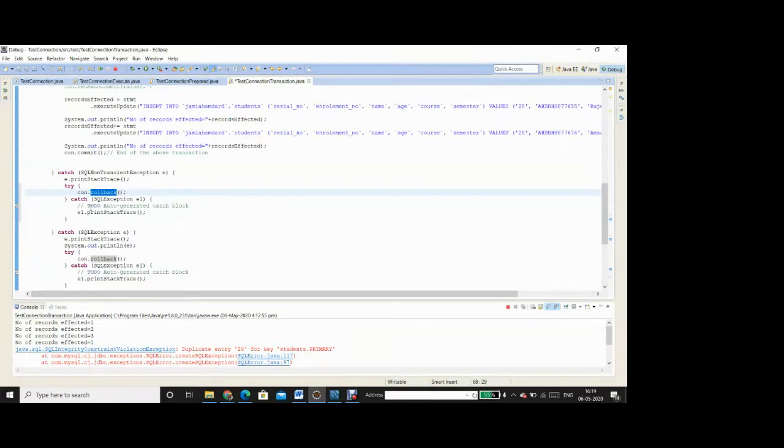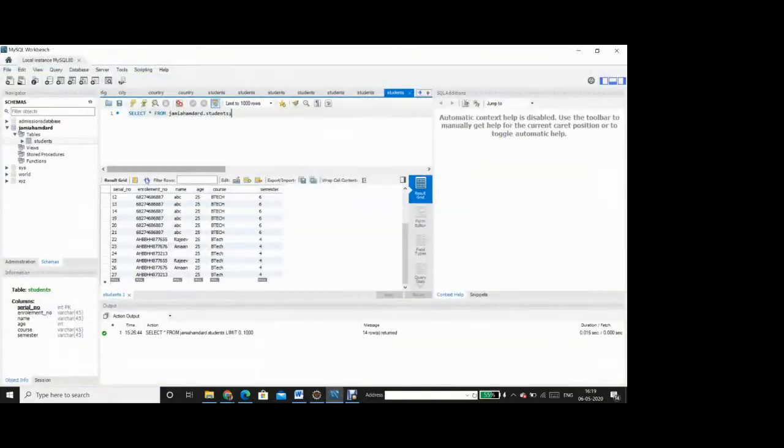So this is what should have been done. Anyways, whether I do it or not, because the commit is not encountered, the database state is not going to be changed. You will see that the 28th record has not been inserted.